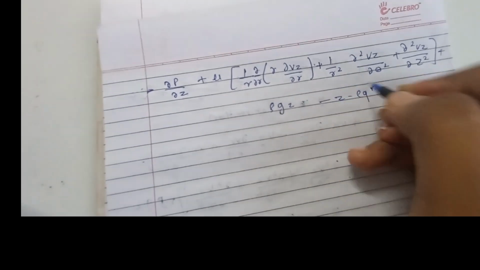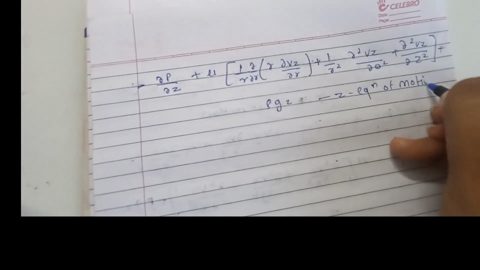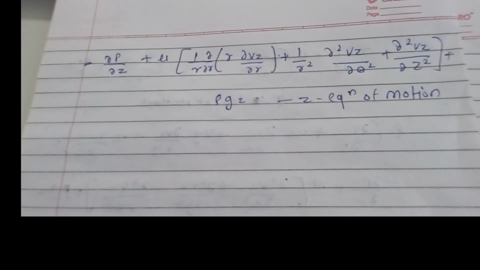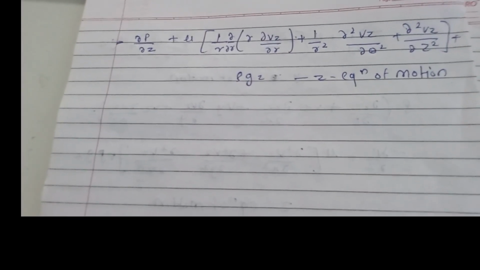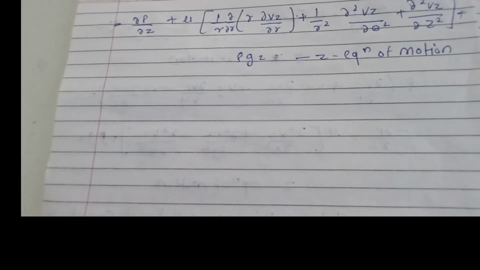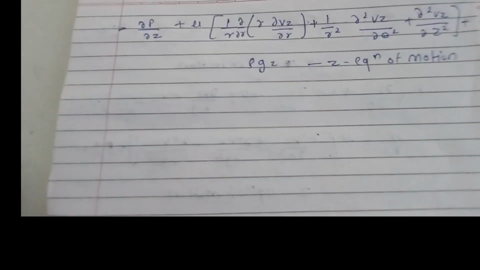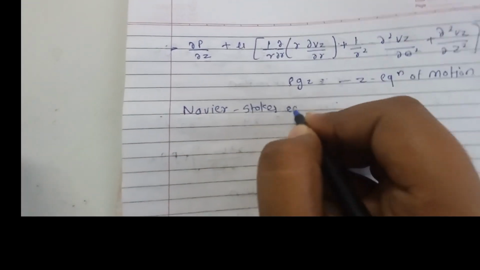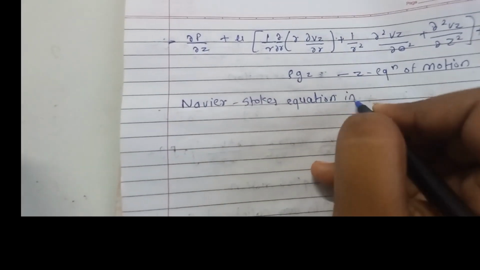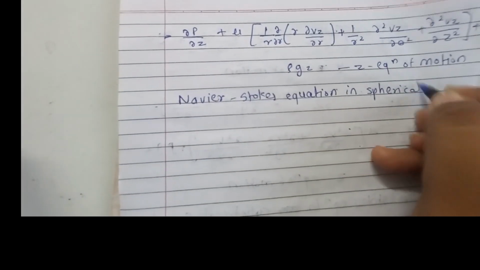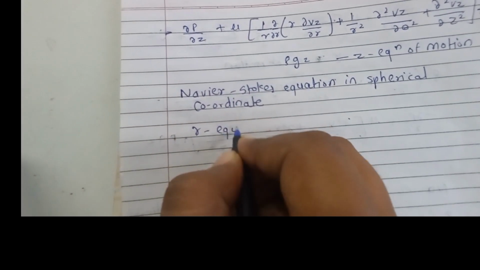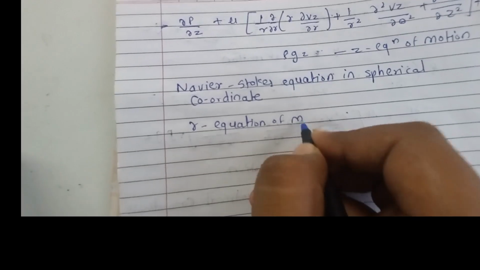And now we are going to write the Navier-Stokes equation for the spherical coordinate system, that is we are considering here the r, theta and phi equations of motion. We can derive all the equations, but quite complex and difficult terms come across while deriving the above, for spherical coordinates and for cylindrical coordinates. Now we are going to write the Navier-Stokes equation for spherical coordinates, and first we will write the r equation of motion, that is